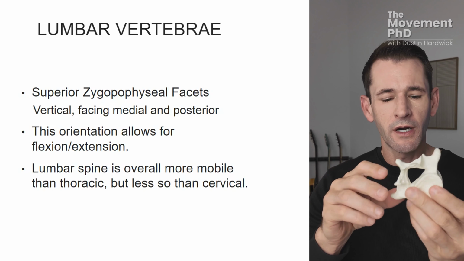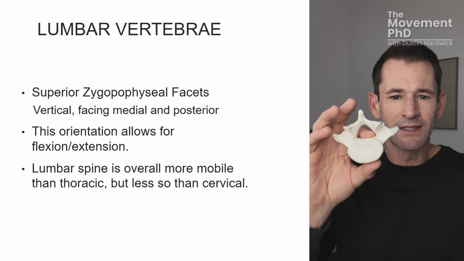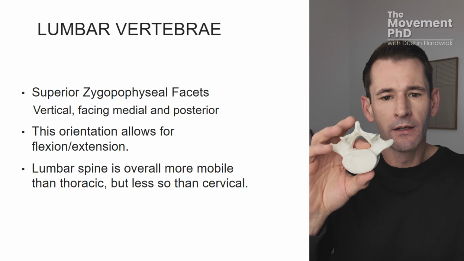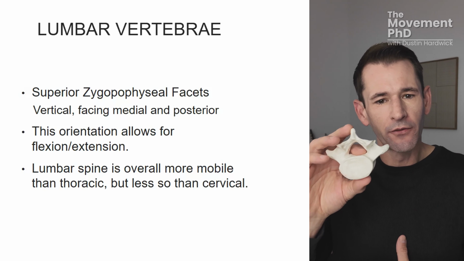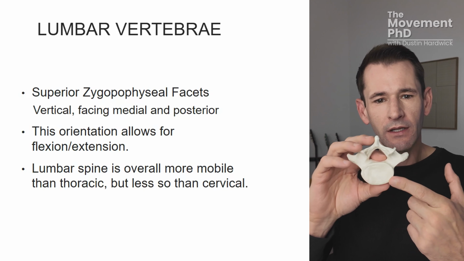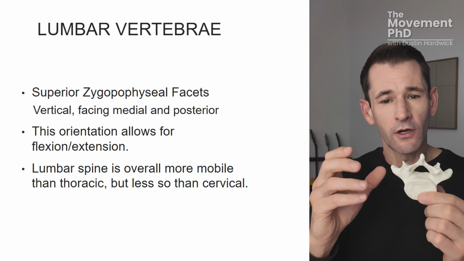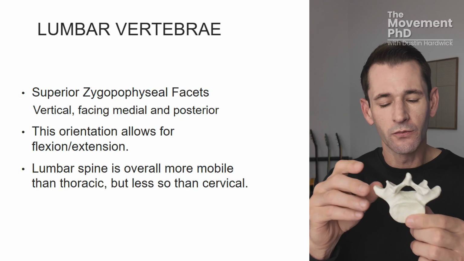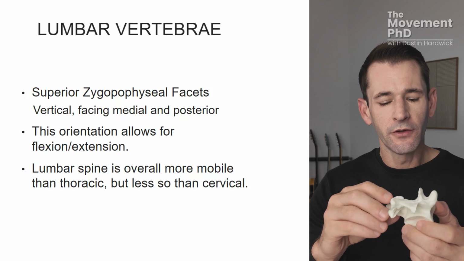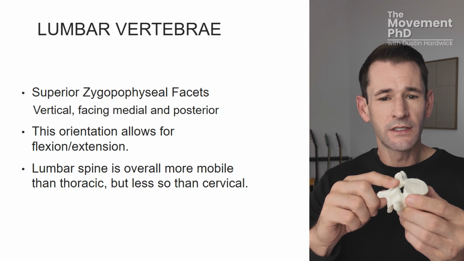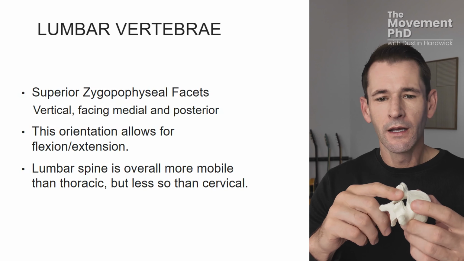So what's unique about our lumbar vertebra? Really, it's the size of that vertebral body. Most of our weight bearing comes down through the lumbar spine. So having the large vertebral body supports that weight and allows for a rather large disc to support that weight as well. Some of the other things that are unique, the articular facets in the lumbar spine, they're close to